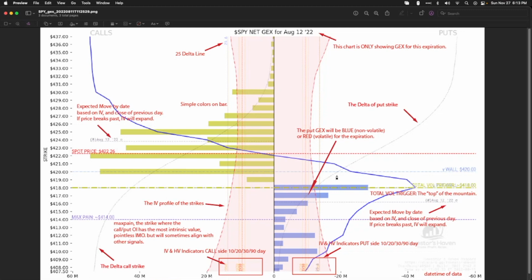And then what these things will end up doing, at least on the call side, for instance, is act as accelerants to price. So if we get above this one, then it's likely that we're going to go to this one. It's likely that we're going to go to this one, likely that we're going to go to the next one. The reason for that is because somebody's selling these bets.